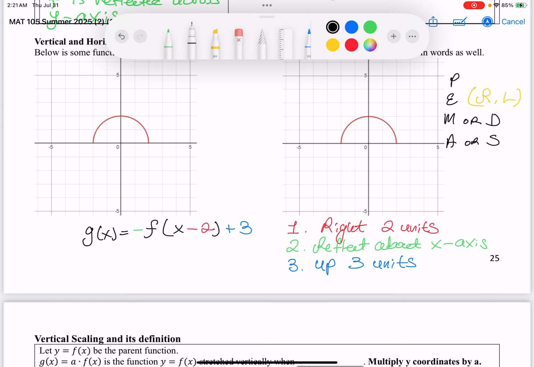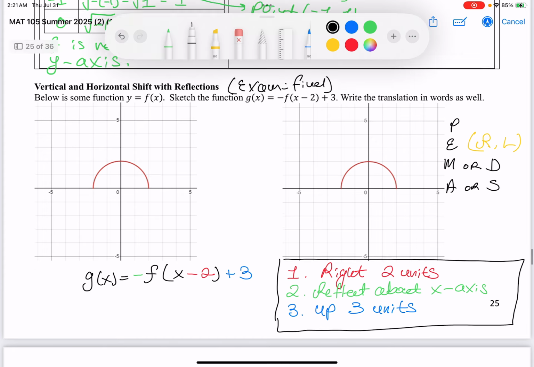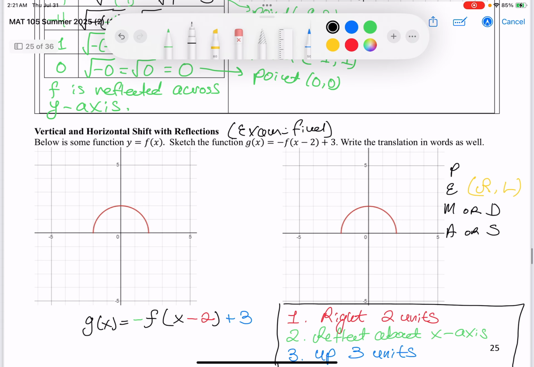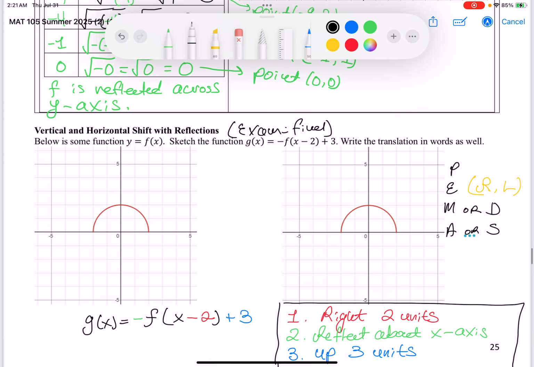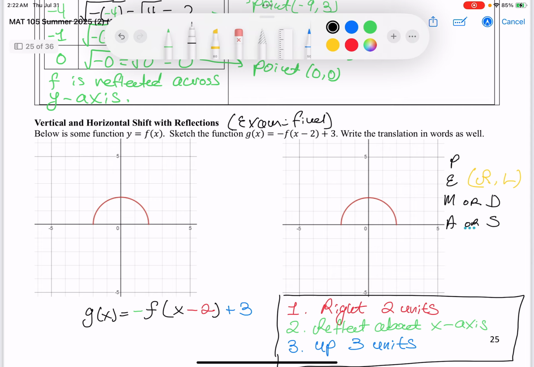So this is the translation in words. And once again, that comes from the order of operations. Start inside the parentheses, try to find an exponent, but in this case, exponent just determines the shape of the function. Multiplication, either the negative is being multiplied inside or outside, or there's a number being multiplied inside or outside. We'll see that in the next couple of videos. Then do addition or subtraction. All right,